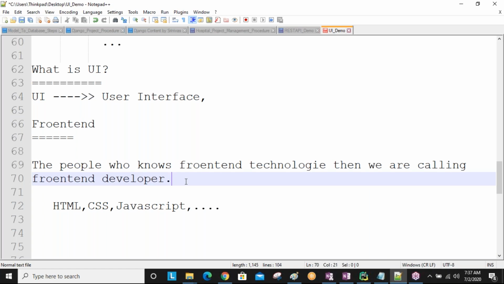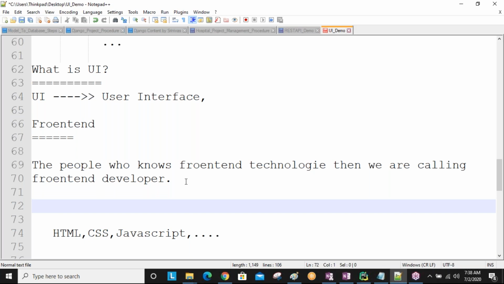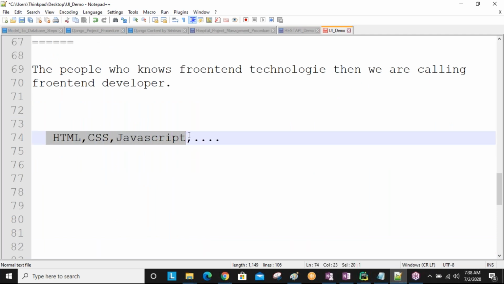The front-end developer is responsible for developing the front-end code, the front-end designing, or our application designing, more effectively and in a way that is easily understood by the user. The design we develop should be easily understandable to the user, and that person should know HTML, CSS, JavaScript, at minimum these three things.